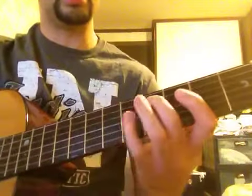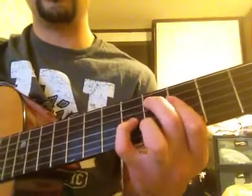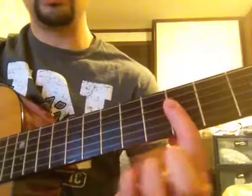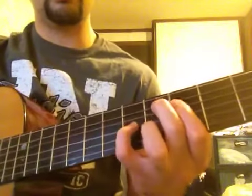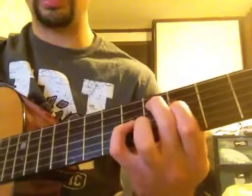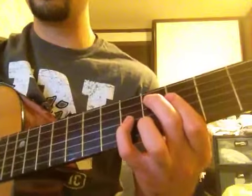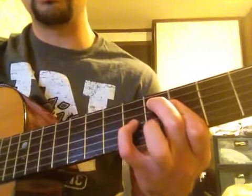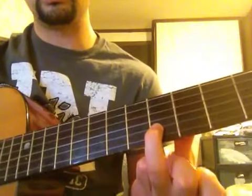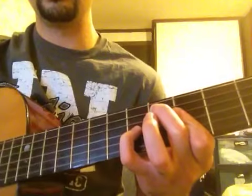Lastly, we go to the C sharp major 9. So for this one, you actually have to take your first finger and kind of bar that much of it. Might be kind of difficult if you're first starting out. When you roll the chord like that, then you're going to release your ring finger, which is on this string right here, and then play that string,